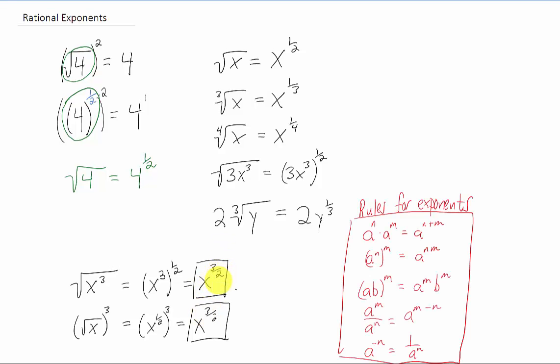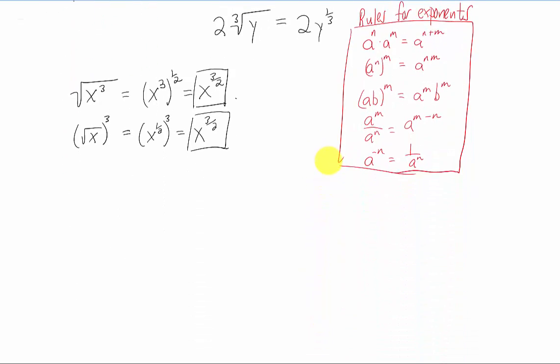Okay, so at this point it looks like we're just dealing with a lot of exponents that happen to be fractions now. So it makes sense that we'd be using all of these rules for exponents again. If you want a refresher on these, there is a video in my feed. It's in the playlist called Math 050 videos, and it's just called exponents. You can get a refresher there. But just as a really quick couple of examples.